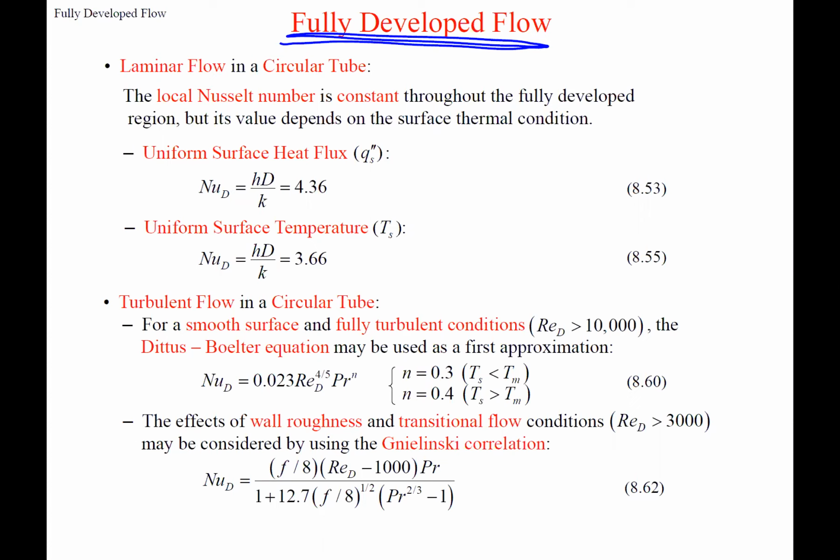So in those situations, now we have the equations being shown here. We have for laminar flow in a circular tube, so we're going to start with that simple geometry, the condition of uniform surface heat flux, like an electric heater being applied, and you get a nice constant value of 4.36 for the Nusselt number. And same with uniform surface temperature, you get a constant value, but it's 3.66 for the Nusselt number. This is laminar flow, fully developed, circular tube. Now we go to turbulent flow,